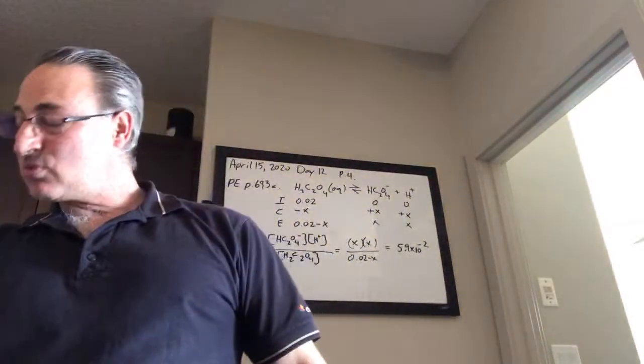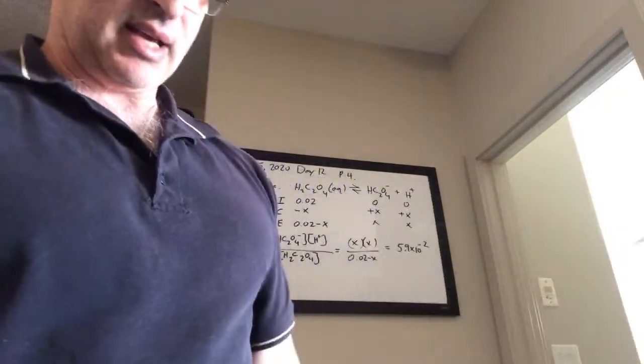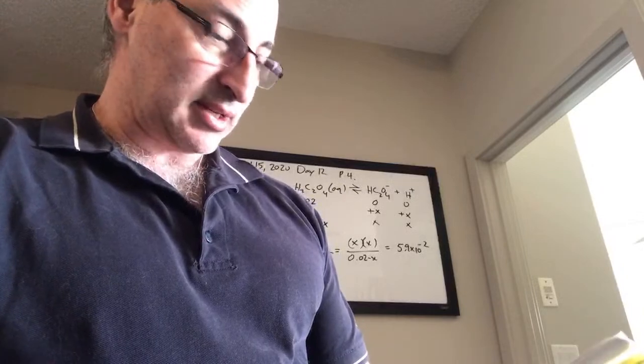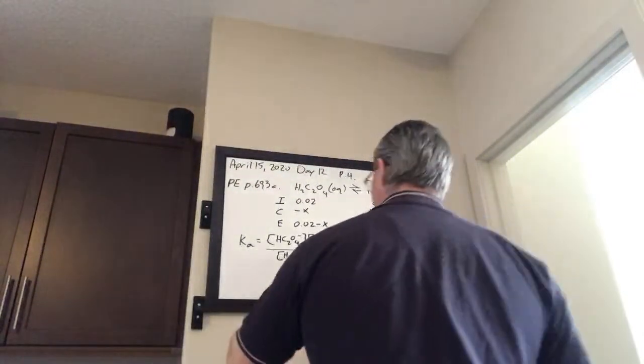My favorite way of doing these calculations is to use the quadratic formula because it gives you the most accurate result. I know it's a real pain. That's why they developed the approximation method, because trying to enter multiple decimal numbers into the quadratic formula is time consuming and it's easy to make a mistake, and if you're writing an exam it can get you into hot water because you end up wasting a lot of time. So anyway, 5.9